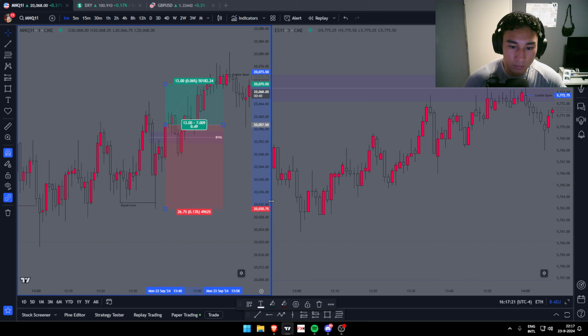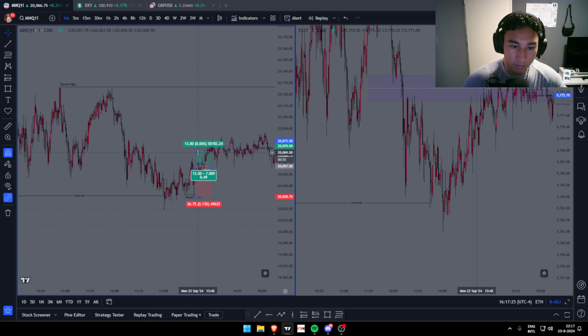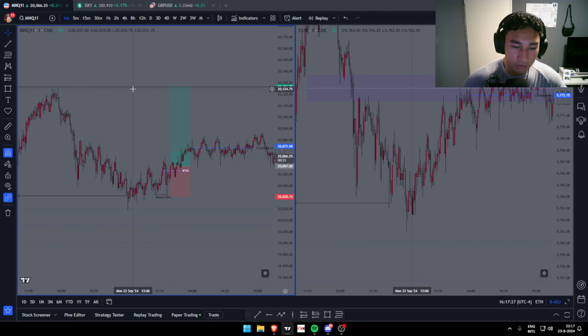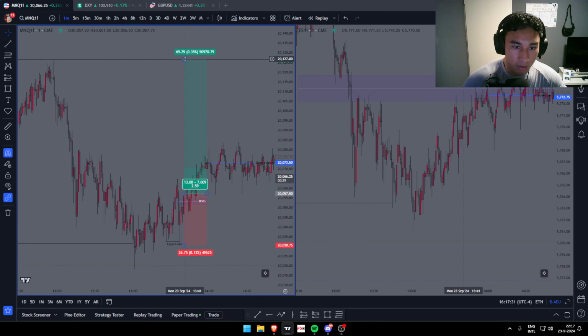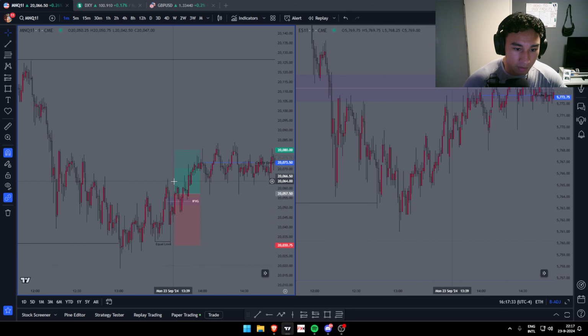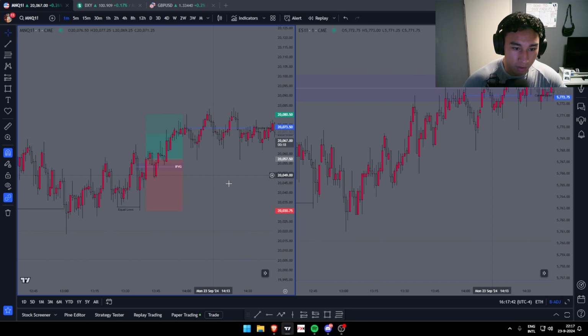stop on the low, and then this looks like a really terrible risk to reward, but my first TP would have been these highs because it's below 1-to-1 RR, and then I would go break even at low resistance liquidity, which is this here. It's a 0.84 RR. If it was more than 1-to-1 RR, I would go break even at 1-to-1, but I would go break even at 0.86 RR. But here,